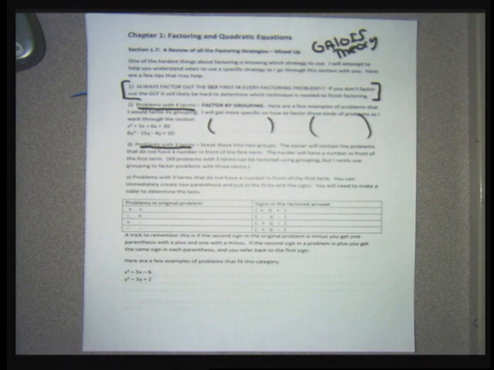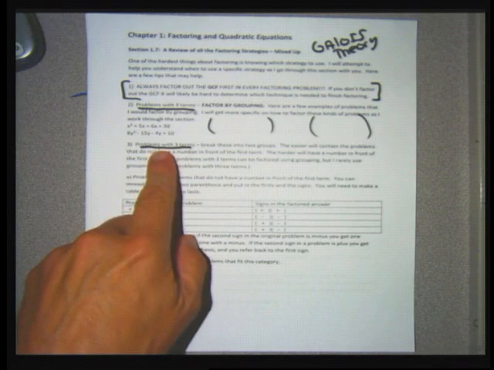So that's all I need to say. And then when we get into the section, I'll go over the specifics about how we actually factor with grouping. But at least you should know that four terms is grouping. And then the last few sections,